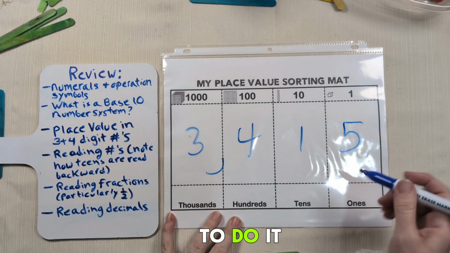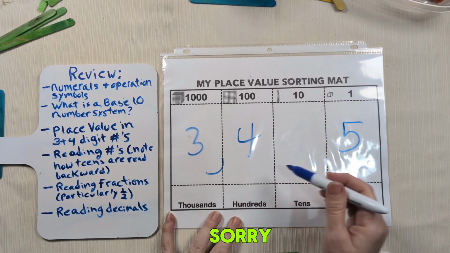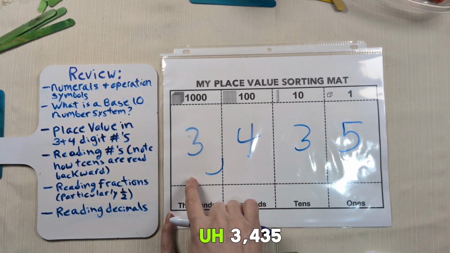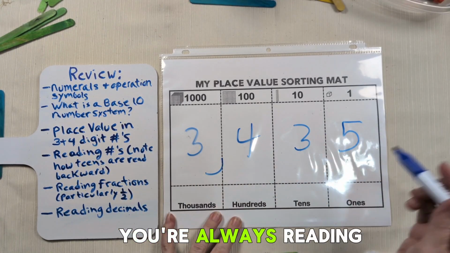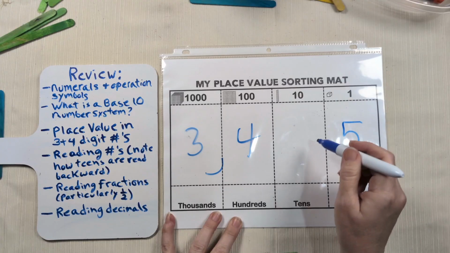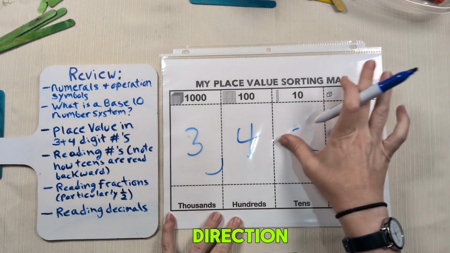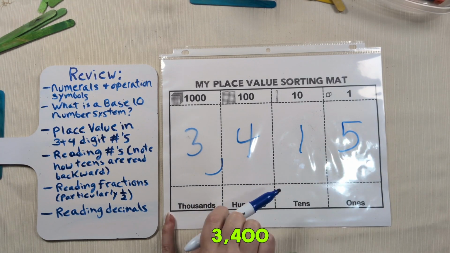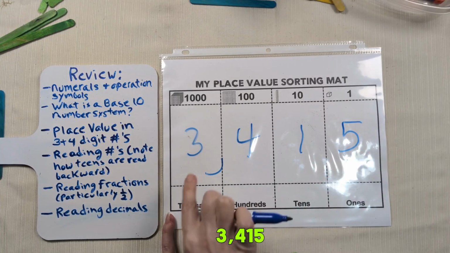I'm sorry, I'm not doing a really good job here. 3,435, you're always reading in this direction. 3,425, again, reading in this direction, but when you get to the teens, 3,400, and they think they're going to keep going in this way, and you've got to teach them when the teens are here,